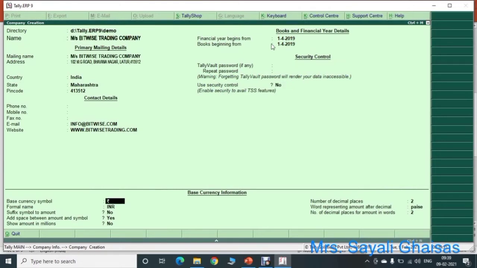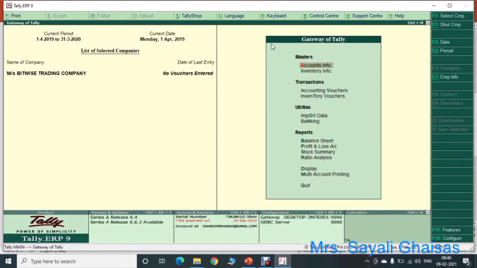Then press the enter key again, enter and press Y for yes, or you can press the enter key. Now you can see here the company has been created, that is Bitwise Trading Company.